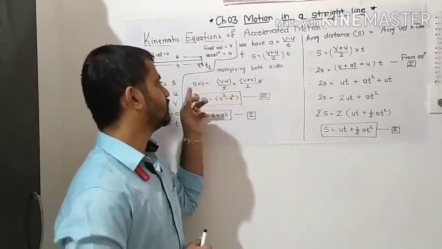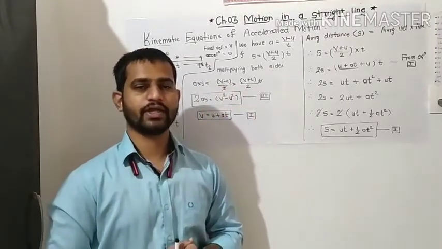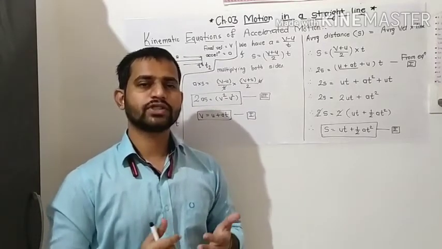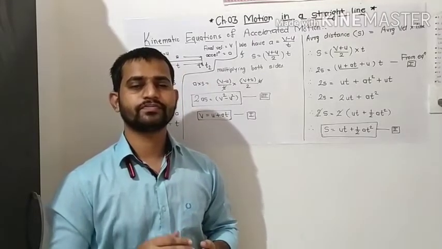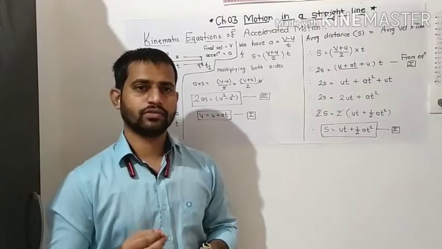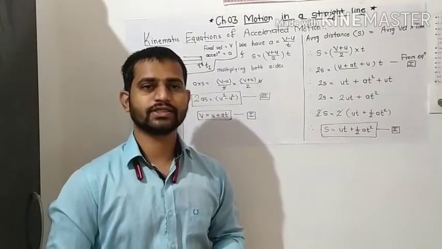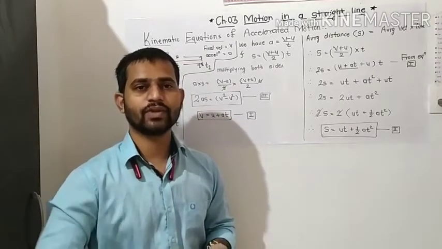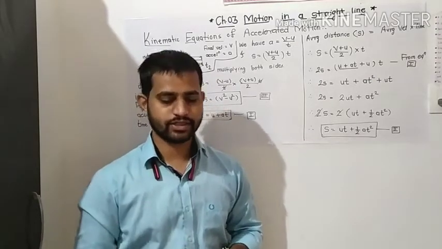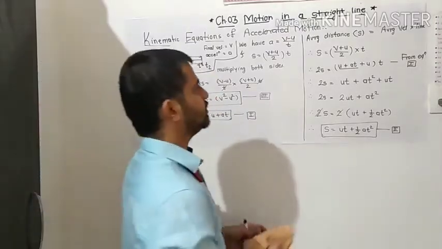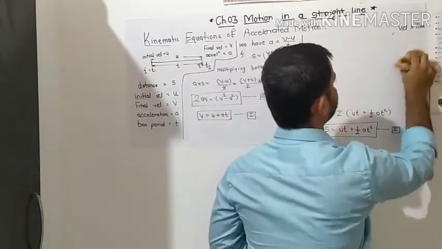So our equation becomes 2as = v² − u², and this is the third equation of kinematics for linear motion. Sometimes there may be problems where we have to use the equations for accelerated motion. In case of acceleration due to gravity, we have to consider that its direction is always downward, and it is indicated by the letter g.